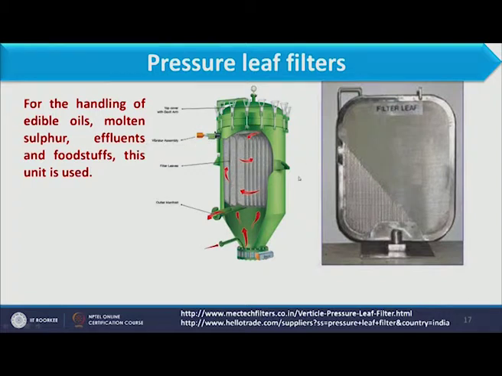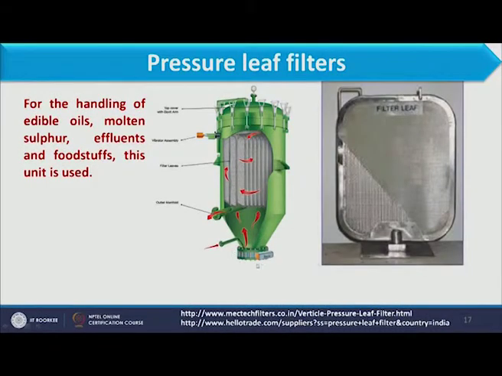Now what happens once the operation is carried out, due to this vibrator assembly, vibration is done in this leaf. So these leaves will remain in the vibrating position till the cake formed over the surface is removed. Due to vibration, the cake is dropped at the bottom, and here we have the nozzle through which we can collect the cake. So filtrate is collected through this pipe, however cake is collected through the bottom nozzle.